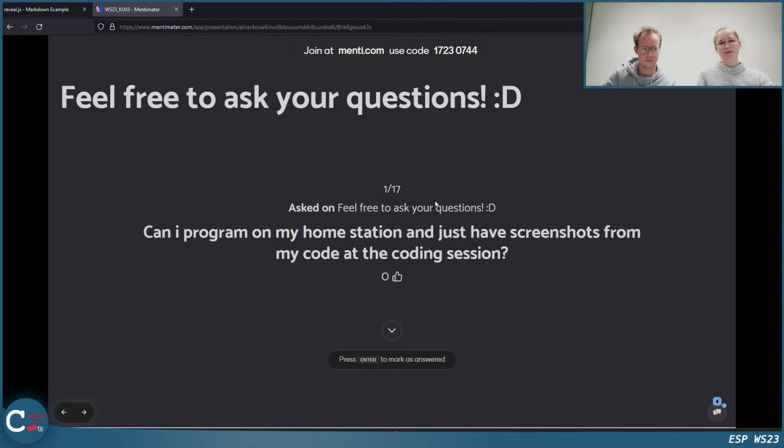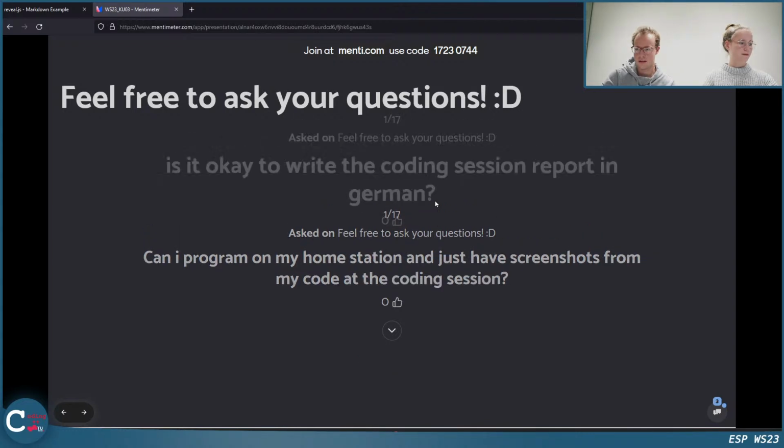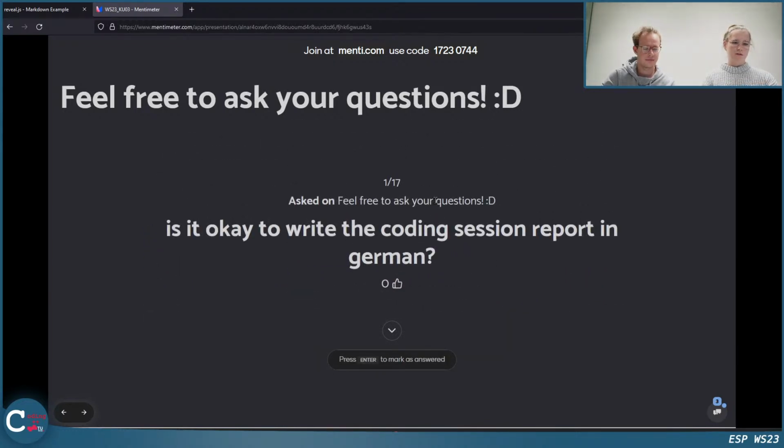I don't think so, because the coding sessions are meant for you to also do some stuff there. So it would be pretty good if you had something where you can code in the coding sessions. Yeah. But there are also computers in the rooms where the coding sessions take place, I think. Yeah, but probably the virtual machine, for example, is not installed, so it might be a bit hard. So the best case is really if you bring your own device. Yes, should be fine.